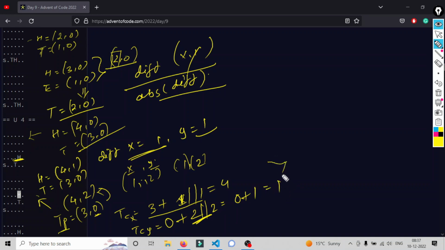So what is the current position? 4 comma 1. If you see here, it is 4 comma 1. What is the head position? It is 4 comma 2. So by using this formula, I'm sure you have understood how this is working, right? With the help of this whole formula of moving the head and the tail following, we will solve the part 1